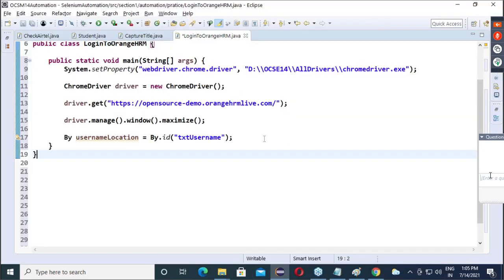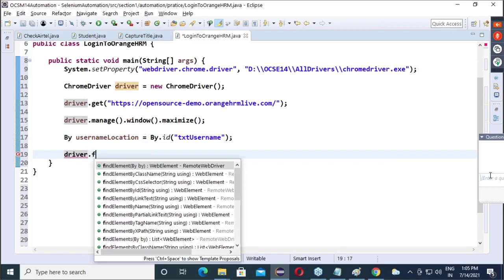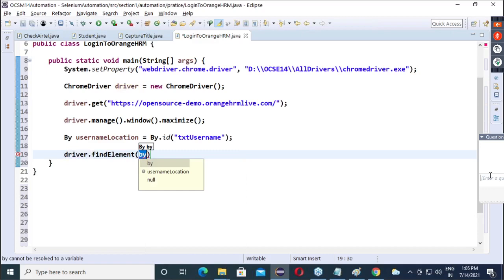Confirm? Now, this location we have to provide to whom? Find element. So driver dot findElement. So we will tell the driver, boss, find the element by the username location. Go to that location, catch the element, give it to me. So its return type is WebElement.